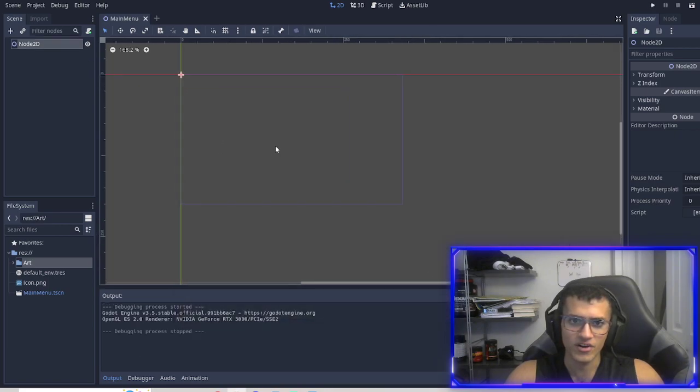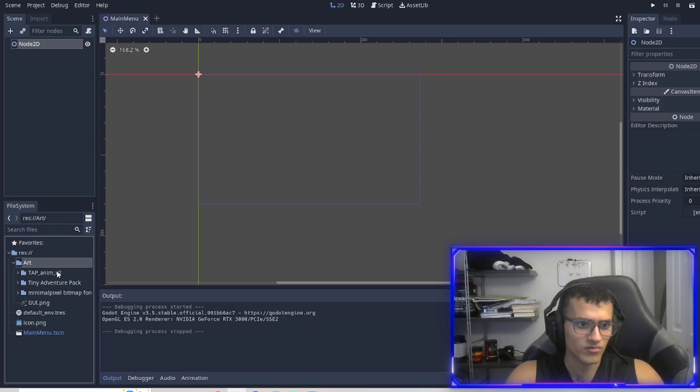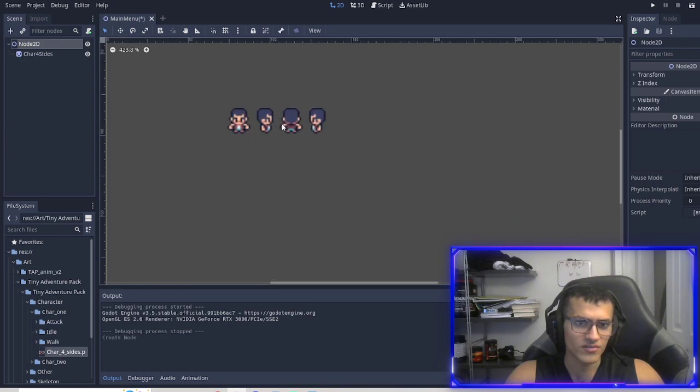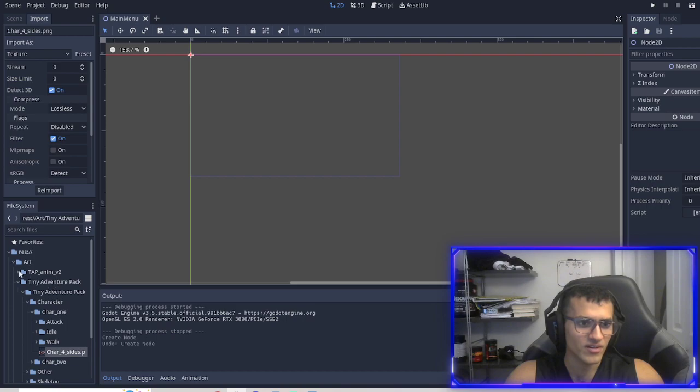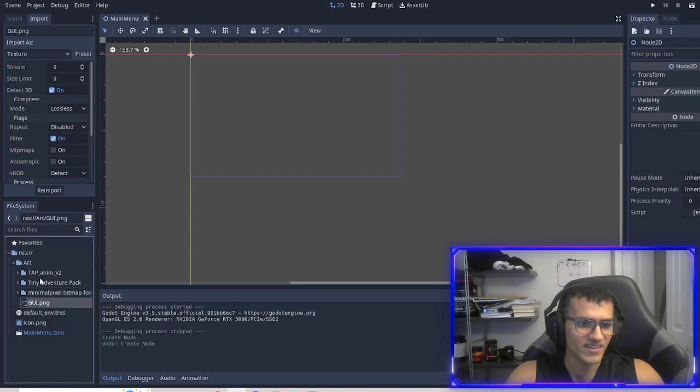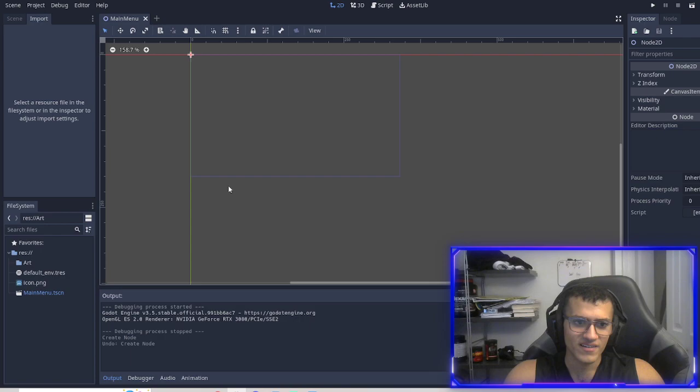Okay, awesome. I got a relatively small screen here. The reason I made it that small is because our asset pack is actually pretty small. So yeah. Okay, one thing I actually forgot to do is I'm going to actually delete all this, and